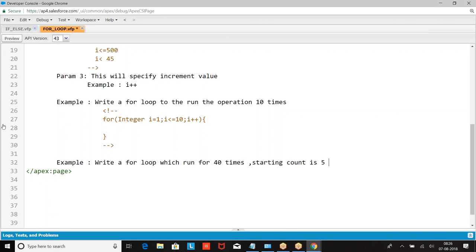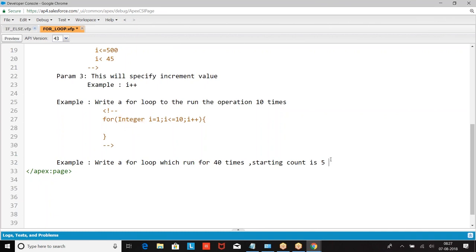Satish, yes. Can we define the data type of the variable outside the for loop? Yes, we can. But this one we cannot. You are supposed to define it here. It is a local scope. This we cannot define elsewhere. It should be here only.